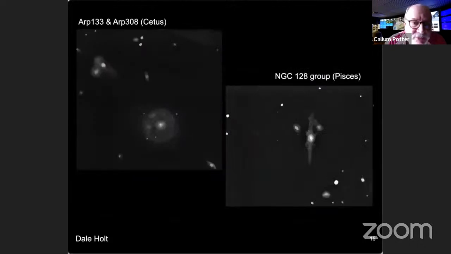Dale Holt's been continuing with his live sketching of objects, specialising mostly in galaxies and galaxy clusters. Had some nice results since the second half of last year after the summer break.